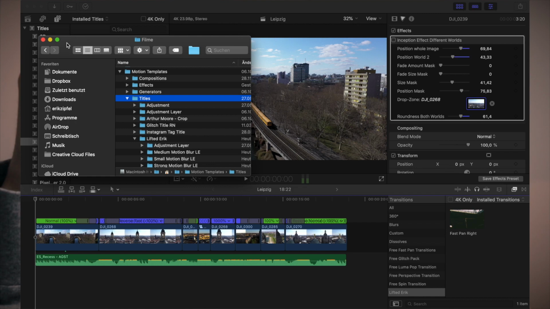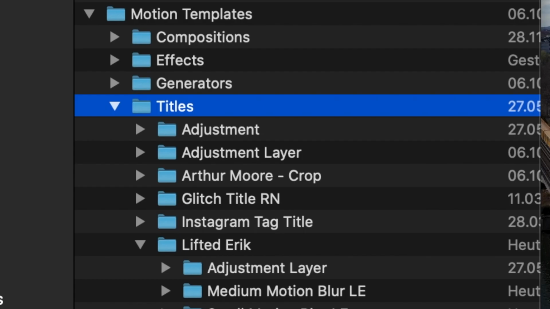So, motion blur lets you basically smooth out your motion areas and create a cinematic smooth look for your footage. Unfortunately, motion blur does not come with Final Cut Pro, so I have linked you my motion blur package for free in the description. Simply download it, put it in your motion templates, titles folder, restart Final Cut Pro, and afterwards,